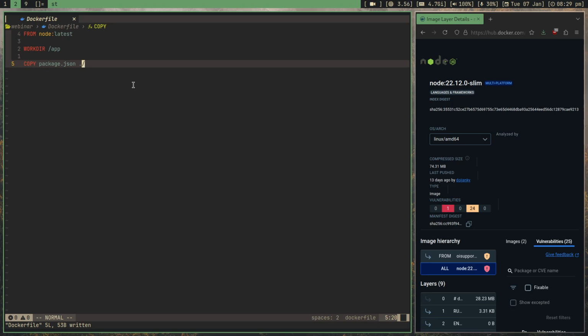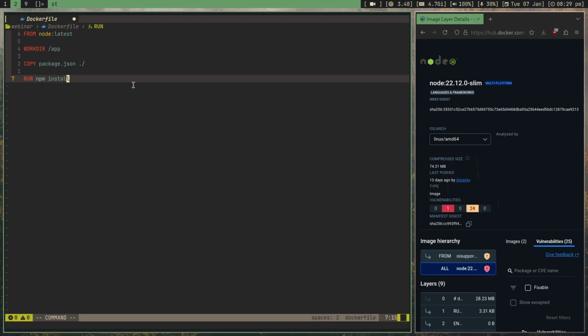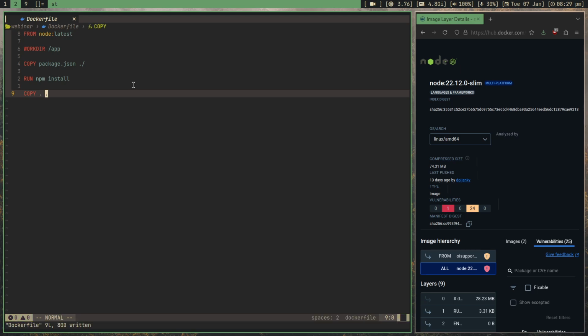So in this case, ./ will refer to /app because we have set /app as the working directory, right? So I'll just copy it. Now the next command would be to run npm install. That would just install all the dependencies, and then COPY . .,